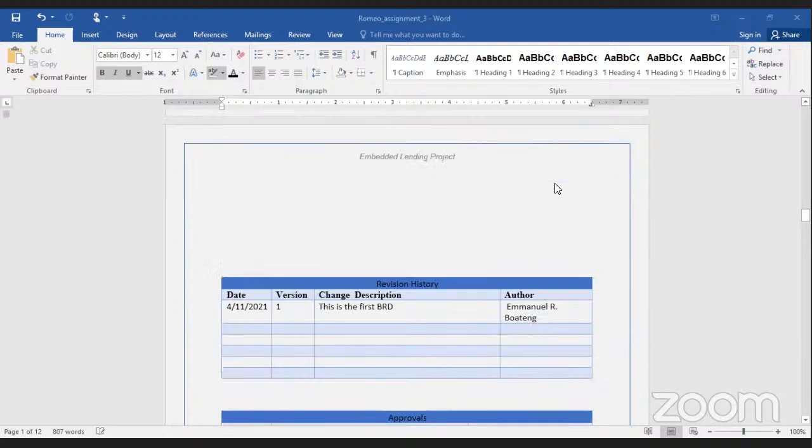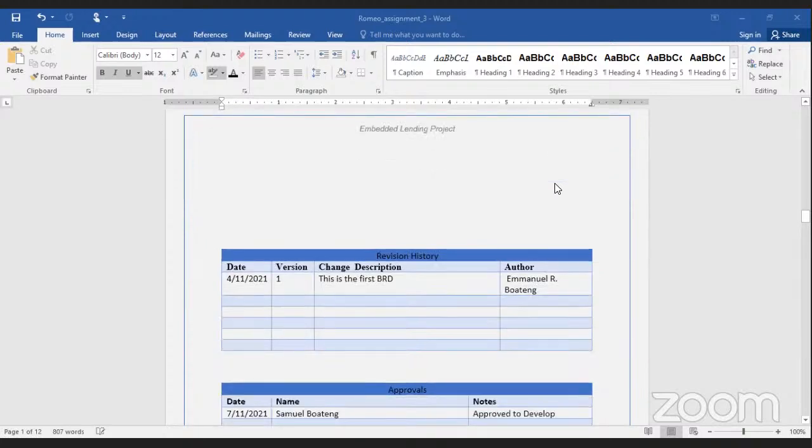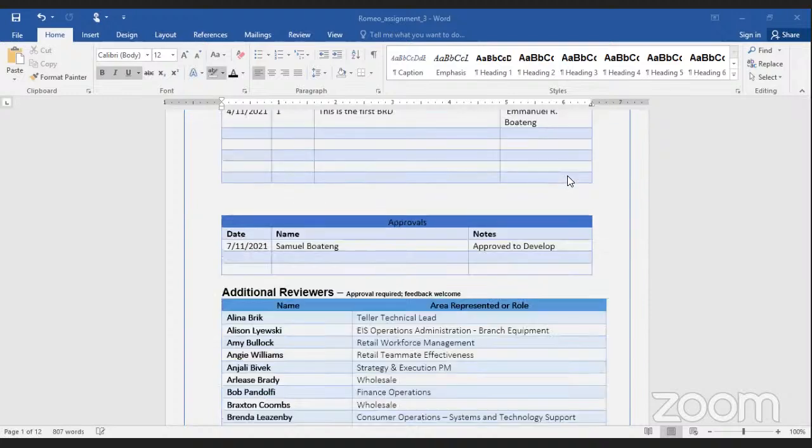We have the buyer's portal, the borrower's portal, the seller's portal, which are modules, portals and modules, just as stated in my BRD document.